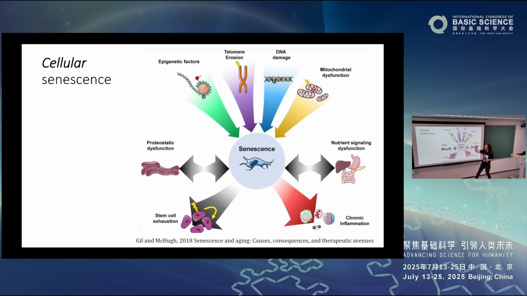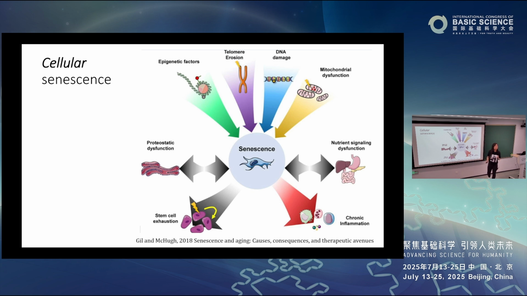There are epigenetic changes. For example, our cells have specific chromatin formations that become damaged as time goes on. There's telomere erosion. There are large proteins that should be cleared but don't get cleared, so there's aggregation of large proteins. There's chronic inflammation. So we do know that at the cell level, bad things happen as individuals age.